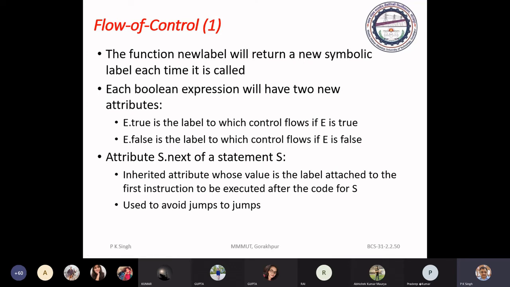Next is, actually, we use these conditional expressions, either a simple conditional expression, meaning a conditional expression that uses only a relational operator, or you may have a compound conditional expression if you have a conditional expression in which you use the Boolean connectives and, or, not, then it will become compound.